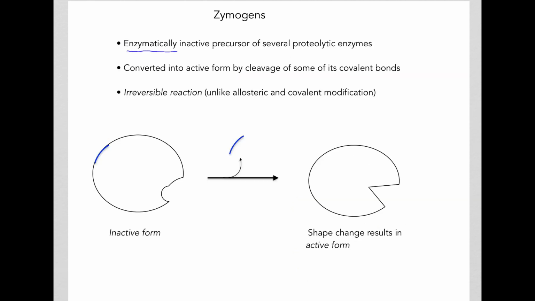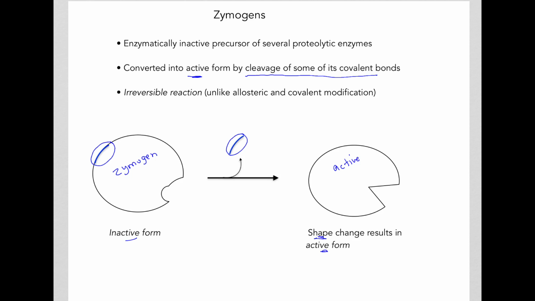Zymogens are enzymatically inactive precursors of several proteolytic enzymes. So these are enzymes, proteolytic enzymes are enzymes that break down other proteins. The zymogen is converted into an active form by cleavage of some of its covalent bonds. So for example, here is a zymogen, an inactive protease, and by covalently removing some part of this protein, the zymogen becomes an active enzyme, its shape changes and it becomes an